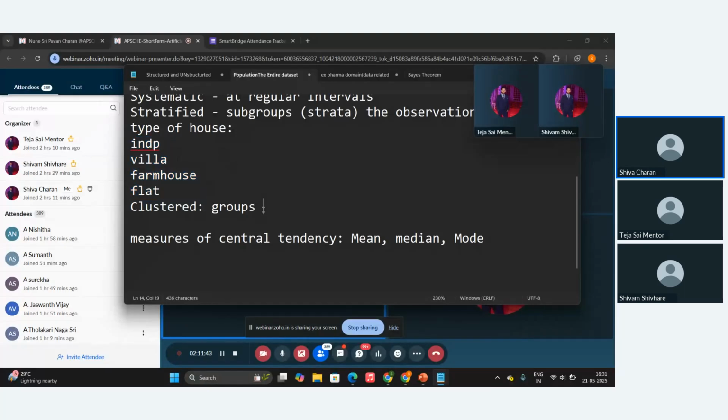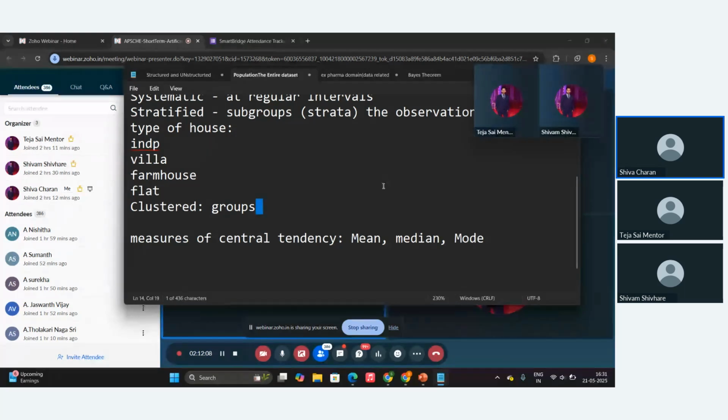In clustered sampling, we divide the data into groups and then consider the values from the groups. Let's say I need to do a survey, and I have around 10 cities, and each city has multiple areas. In each city I'll pick one area and do the survey there. So I'm dividing the cities into areas, and picking only one single area from each. That is how the groups work in clustered format.